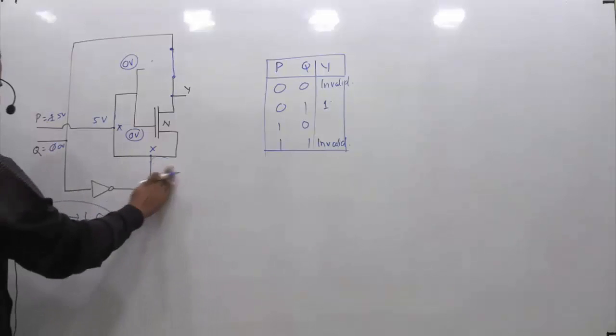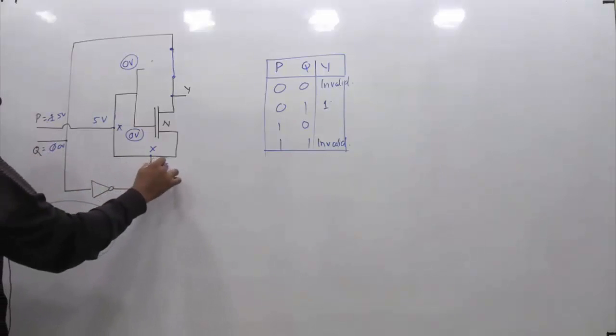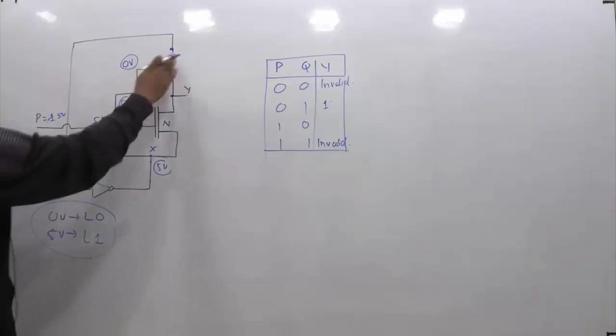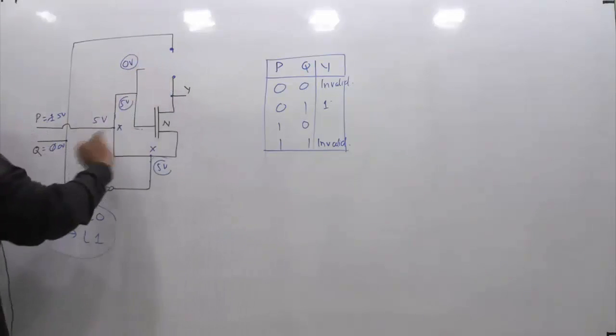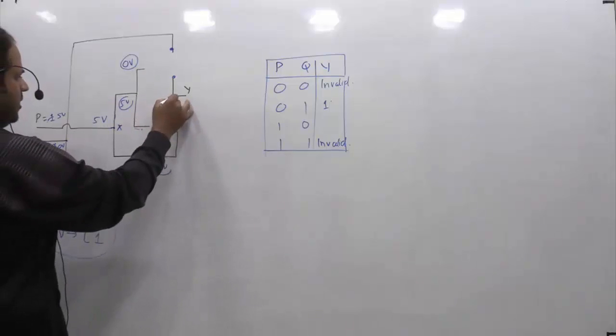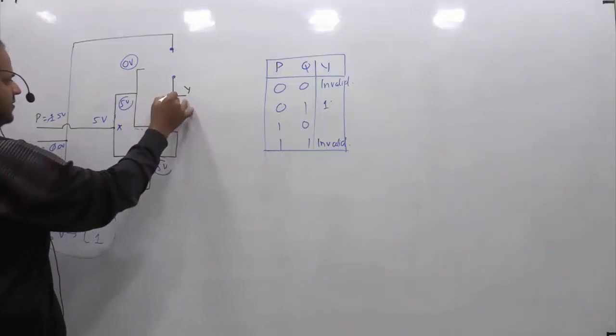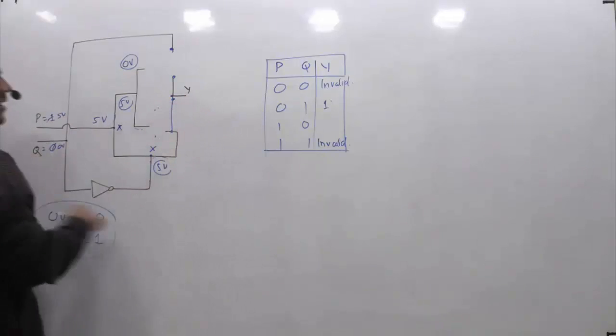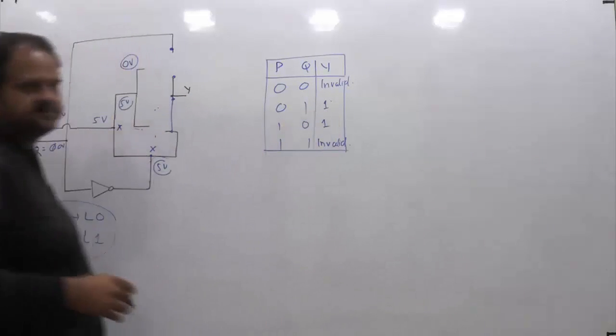And this is also 5 volts, because if this is 0, then this will be 5 volts. Now the input to this NMOS is 5 volts. If this is 5 volts, this will be an open circuit, off, and this will be on now. If this is on, you can see this node voltage will be the same as this node voltage because it is the same node. So you are again getting logic 1.